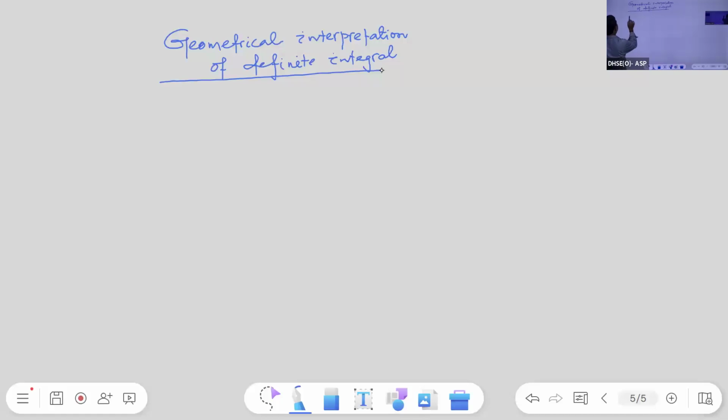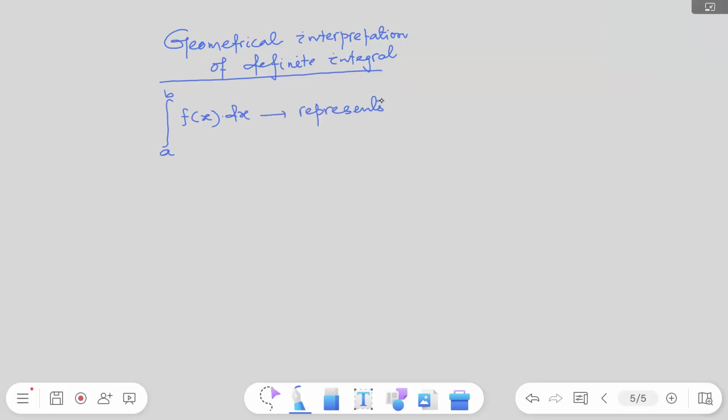Write down: integral a to b f of x dx represents the area. Guys, please switch off your mic. Represents the area bounded by the curve